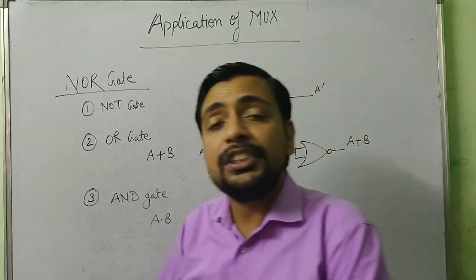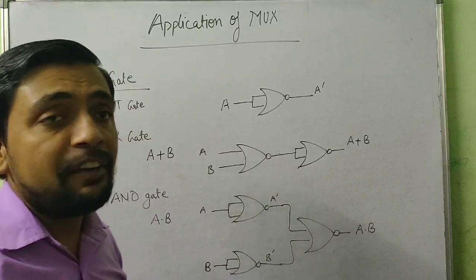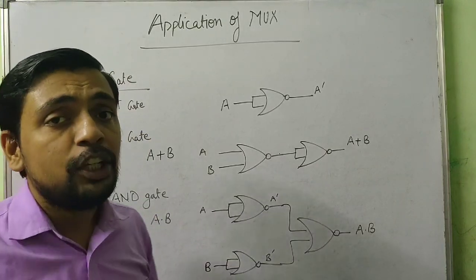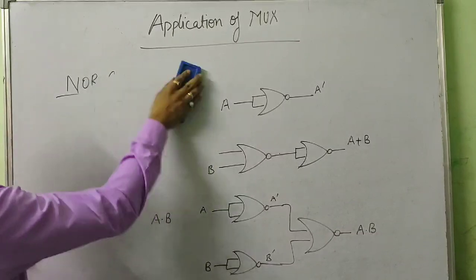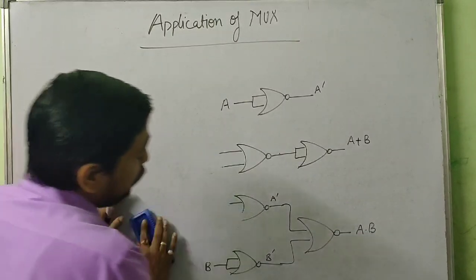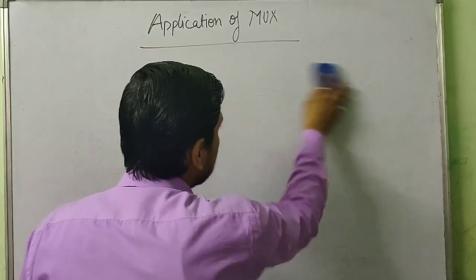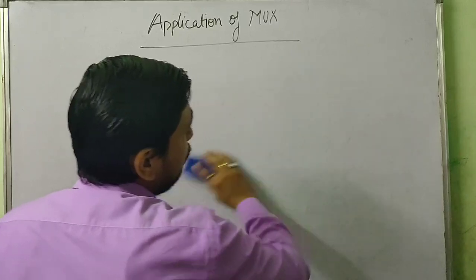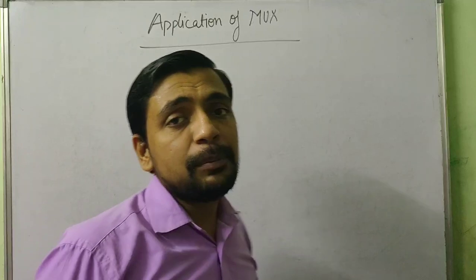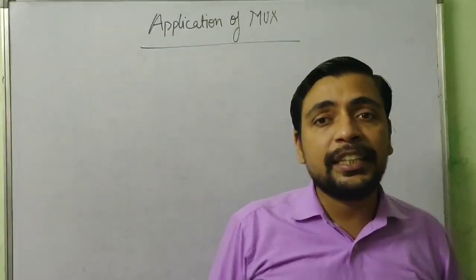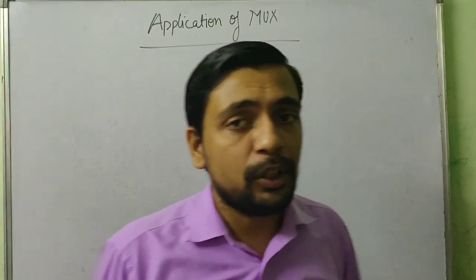Now one more question that we have to see. I will show you a Boolean expression and I will show you how we are going to create that logic gate diagram with NOR only. The steps would be the same. For the Boolean expression provided to us, we will first create a logic gate diagram, and then we will convert the logic gate diagram with corresponding NOR gates.